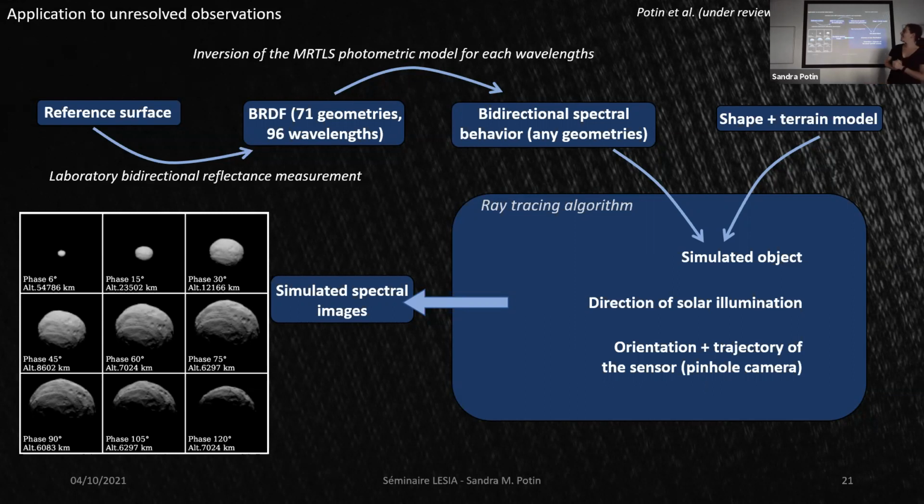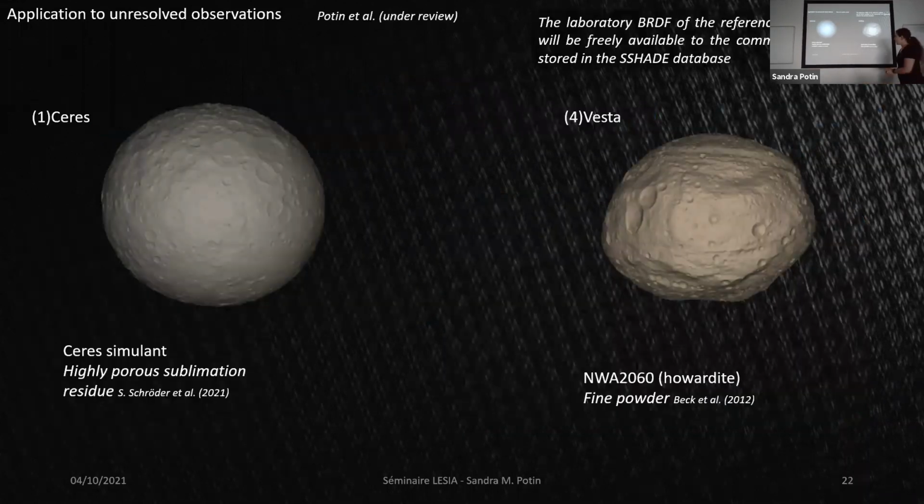I would have liked to present simulations of Phobos in preparation for MIRS. The shape and terrain models are very good because several spacecraft have orbited the target. I know which meteorite to use as a reference surface, but I don't have enough material right now to make a BRDF of Tagish Lake, so we were not able to simulate Phobos in our experiment right now. We need a BRDF of Tagish Lake, and I don't have it now. So I will focus today on the simulation of Ceres and Vesta.